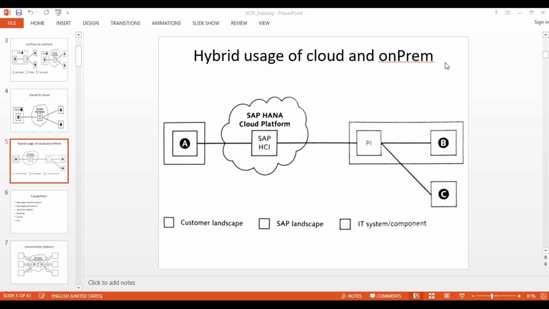Like Dell Boomi, how we log in, connect and configure, the same way we do it here for CPI. So there is no point to connect to Eclipse again. Of course, there are a few minus points, but now they are filling those with new releases, and we have to use the Web UI going forward.